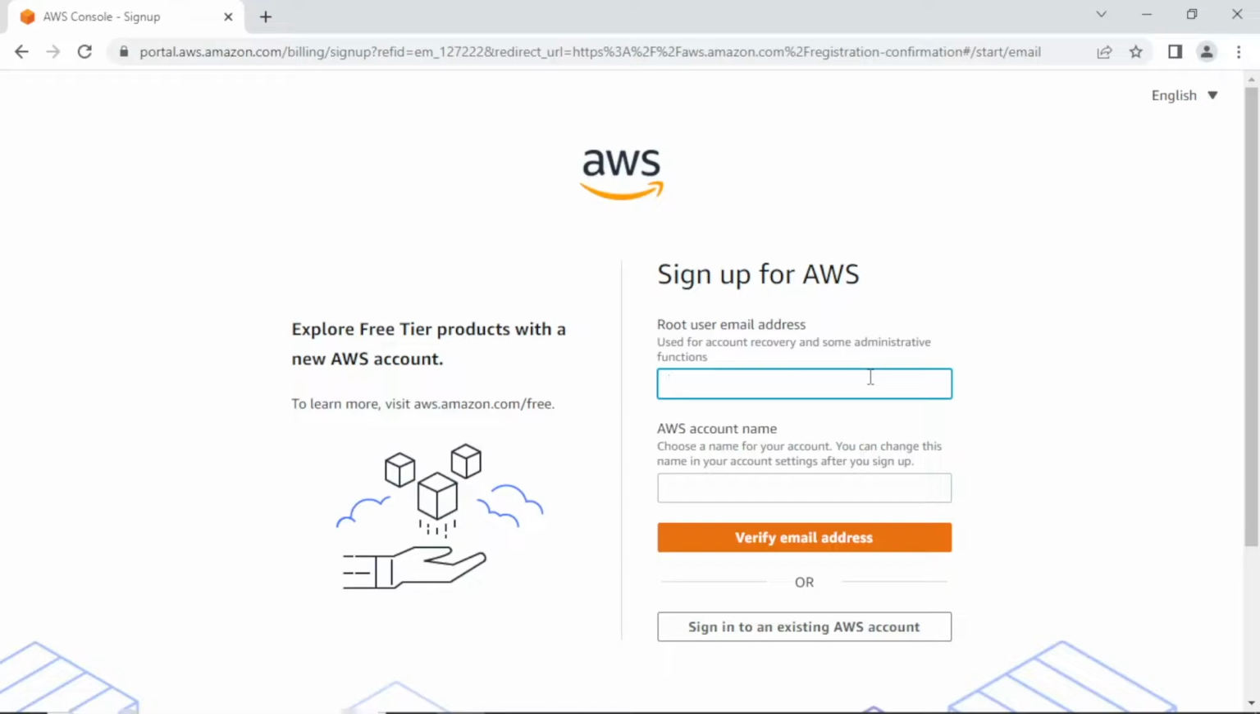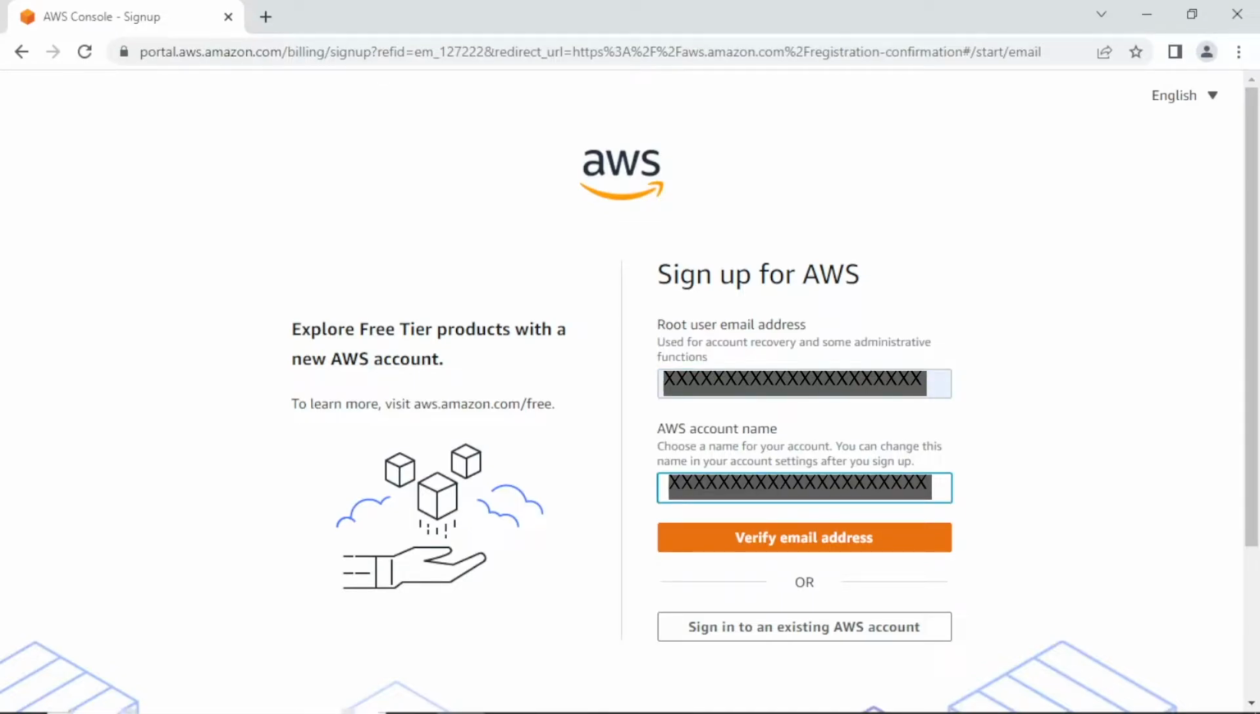I'll go to the root user email address box, and I'll type the email address that I want associated with my account. For security purposes, you don't want to share the root user email address or the AWS account name with anyone. I'll type the root user email address, then I'll click in the account name box, and I'll type my account name. Next, I'll click the Verify Email Address button,